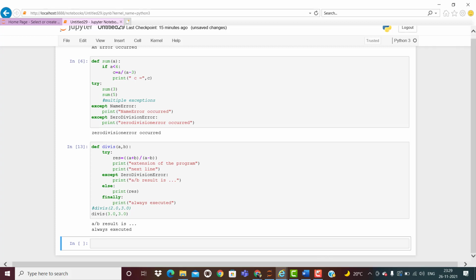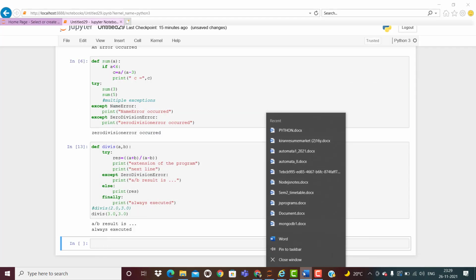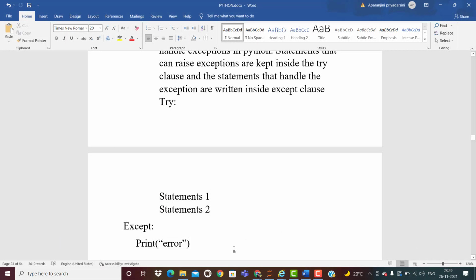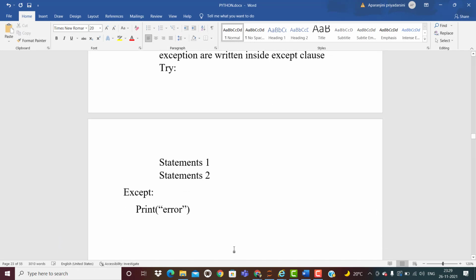So what is the definition of this, or how can you represent this finally block or finally keyword? So here you can write: finally is a keyword in Python.